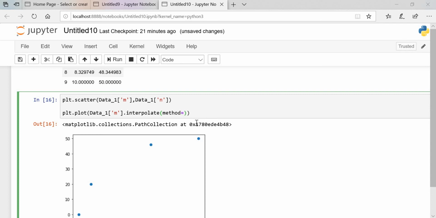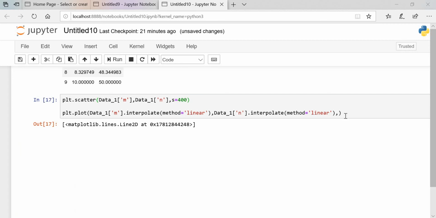First is linear, okay, and simply I will copy this, and this is the x column. You can consider this is the x column. Now we are doing the y column, that is n, with the same interpolation. You can change the size here as well, so it looks fine. So size equals, let's say, 400.